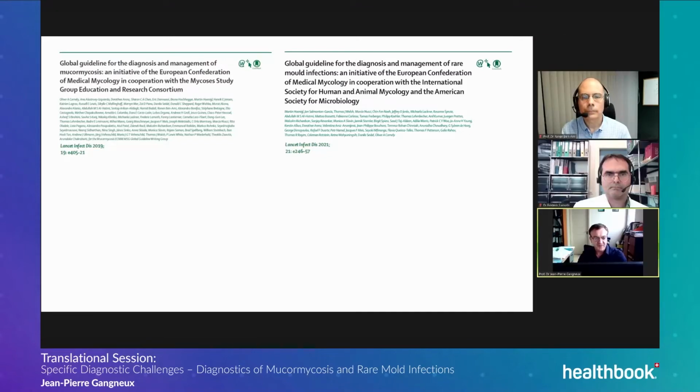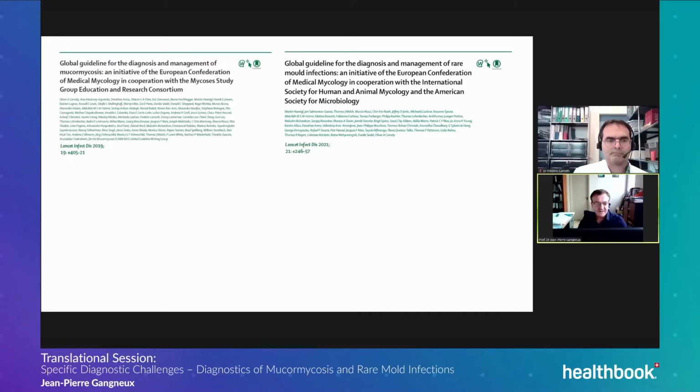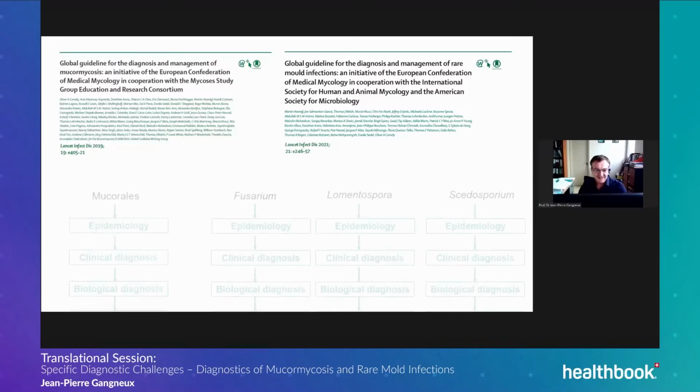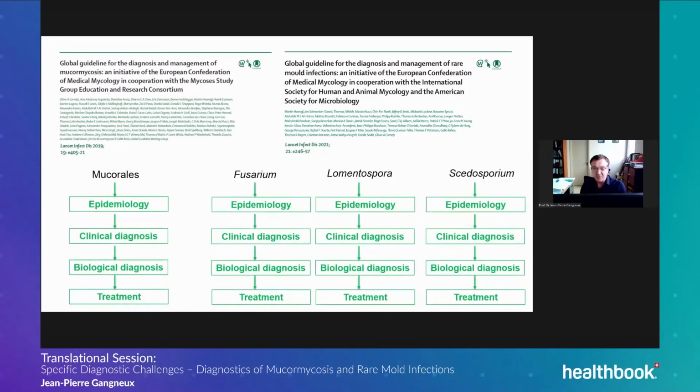And in these papers, you will find many references and much information regarding this disease. But regarding Mucorales, Fusarium, Lomentospora, and Scedosporium, you will find the whole process from epidemiology to treatment. What I want to discuss with you today is a more practical approach, and to see what happens in